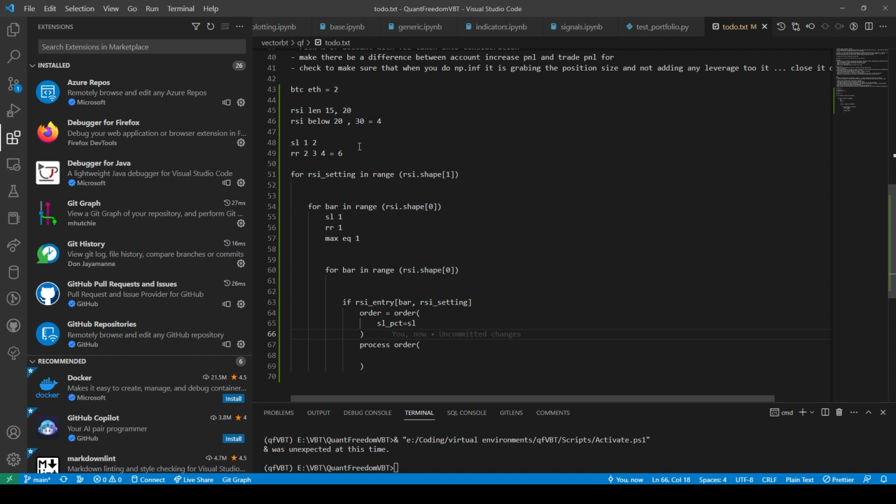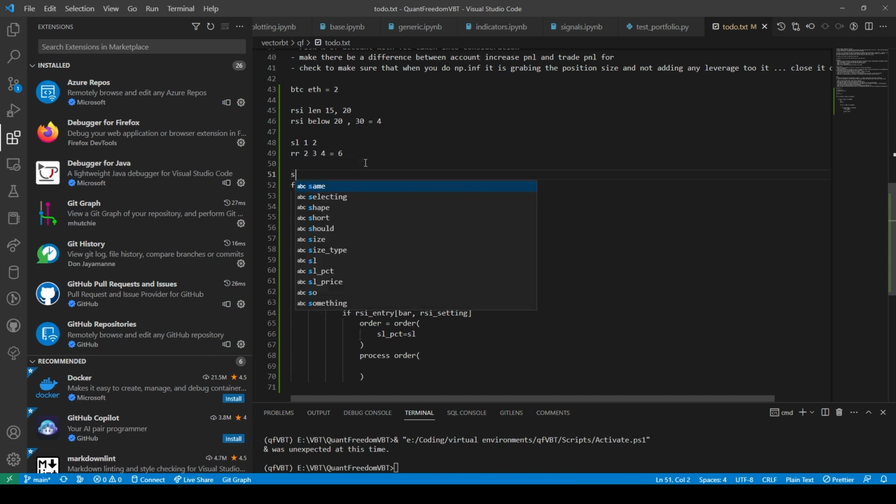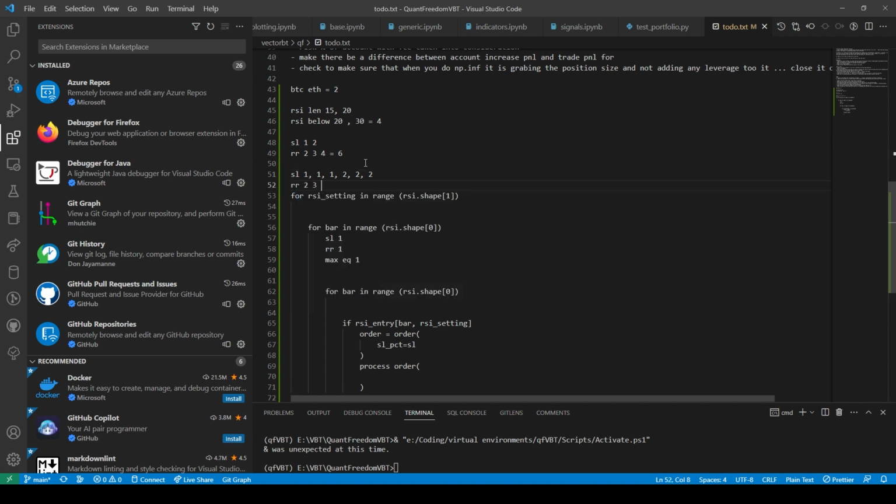Because again, your stop loss looks like this: 1 1 1, 2 2 2. And your risk to reward looks like 2 3 4 2 3 4. So now we started at 0. Now we're at 1. Then we go to 2. Then you go to 3. Then you go to 4. Then you go to 5. And that's the only way to do it.